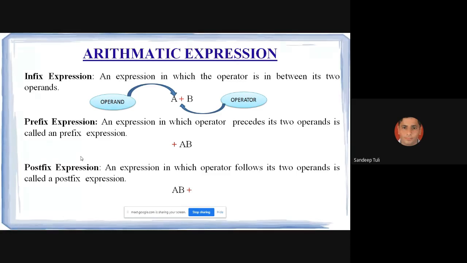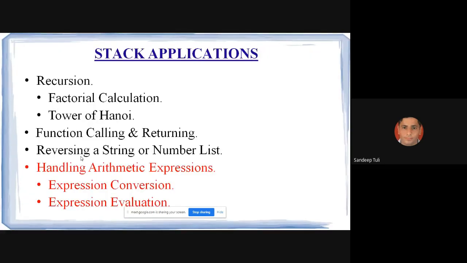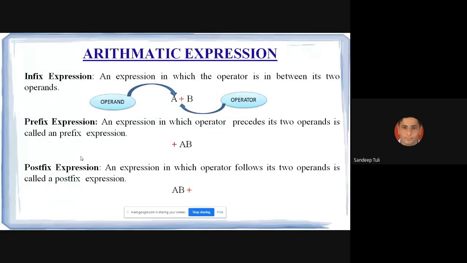Suppose you are writing a statement in which some arithmetic calculation is there. Say a equals b plus c, so how will b plus c be calculated and how will it be stored into a? We will see how that can be done with the help of stack only. How the compiler works on that, how it is performed, we will see now with the help of stack. For that, first of all, we should know how many different kinds of arithmetic expressions there are.